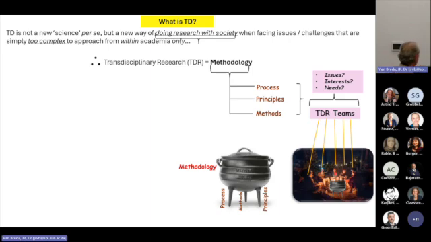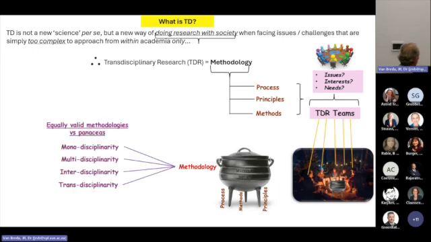More importantly, if we use this concept, and again, this afternoon we'll go into more depth, as I said earlier, into what we mean by that. For the moment, we are looking at four equally valid research methodologies: monodisciplinarity, multidisciplinarity, interdisciplinarity, and transdisciplinarity. I would like to treat them as equally valid. I'll explain why. But in doing so, it's very important to acknowledge that none of these four can be used as a panacea, as a one-size-fits-all approach for all the problems you're tackling. And even